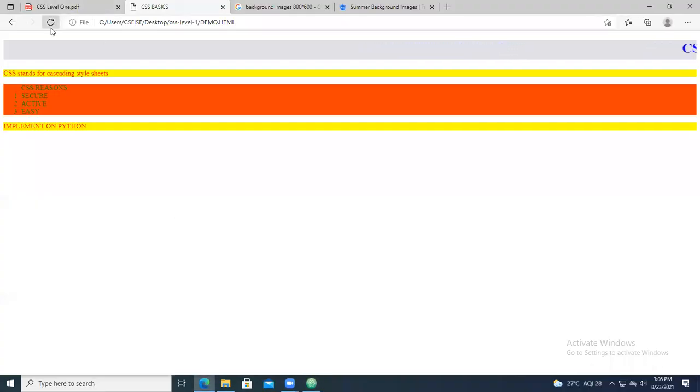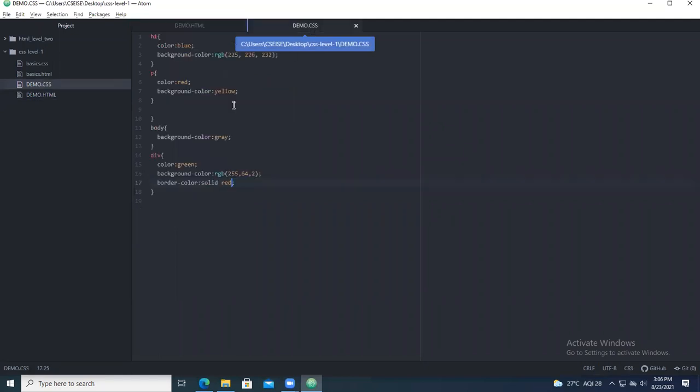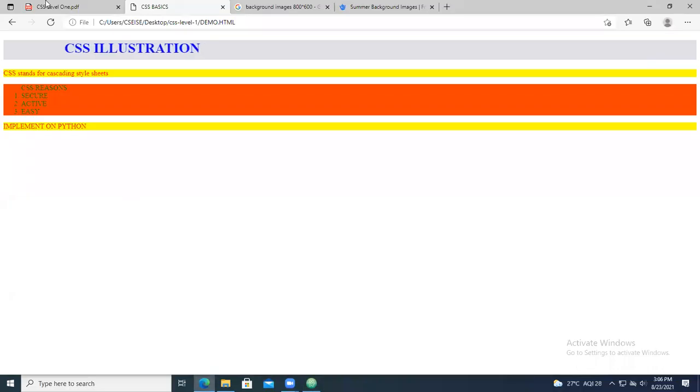Save and run. So here you can see this is the div part we have given. Under the div part, what are all the cases? You see font color red, and this color we have taken by default. So border color solid red we have given. We give something called 100 px. So when you give 100 px, see the contents.